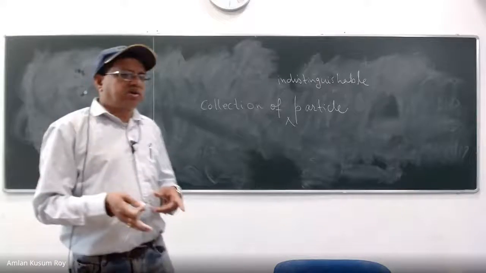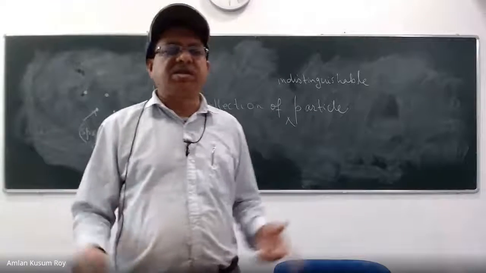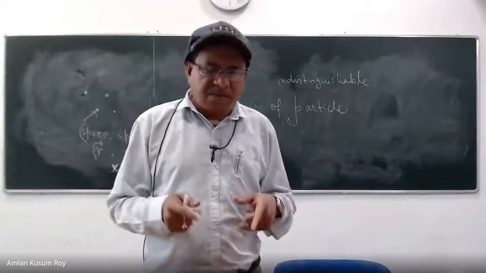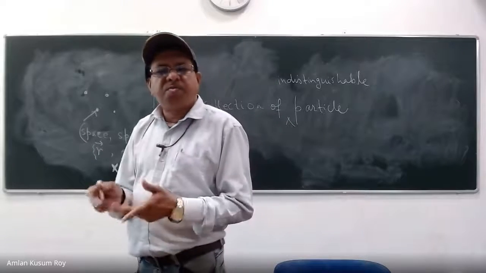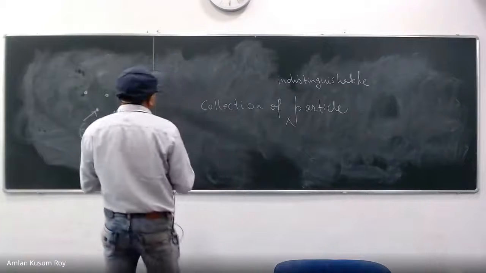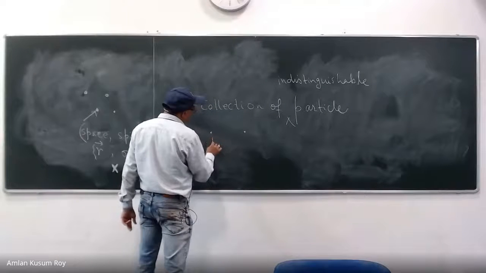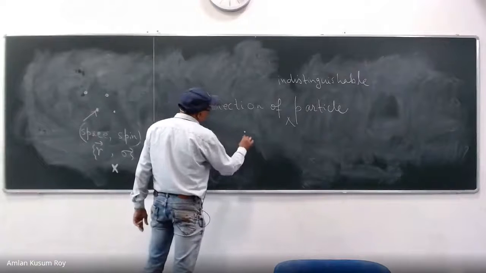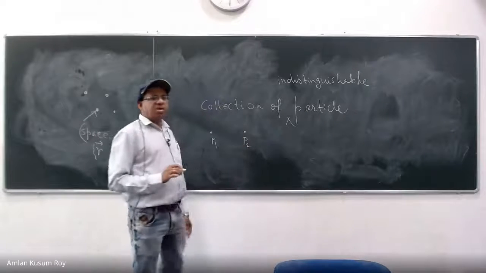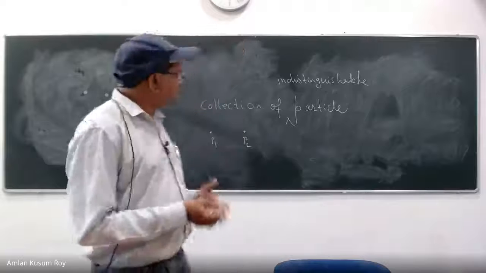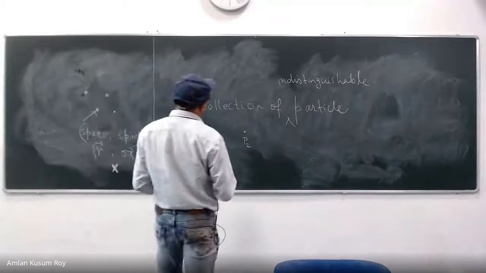From now onwards, whenever we say orbital, that means a spin orbital, combined together. Now when we talk about the position of the 2 electrons, this kind of statement will come up: the particle exchanges. What is the meaning? Suppose this is particle 1, this is particle 2. What is the meaning of exchange? It's a very important concept. Very simple, but you have to understand it clearly.